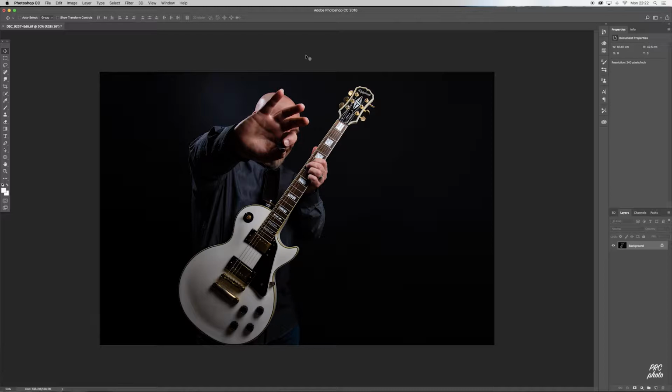Now, as I say in every tutorial or guide that I do, we're going to start off with Command+J. Let's duplicate that background layer so we can work in a non-destructive layer. So if we do mess it up, we can delete this and we can start again and we haven't ruined